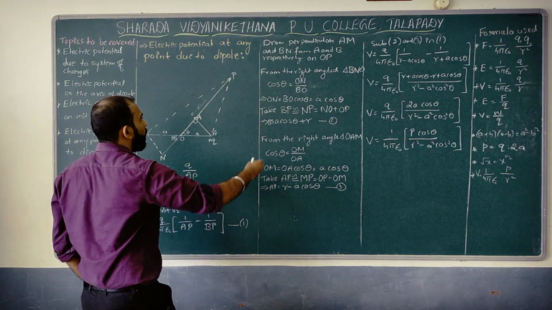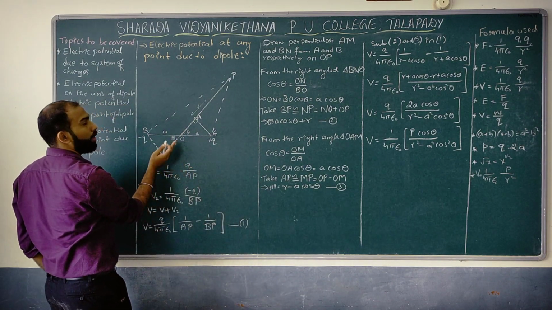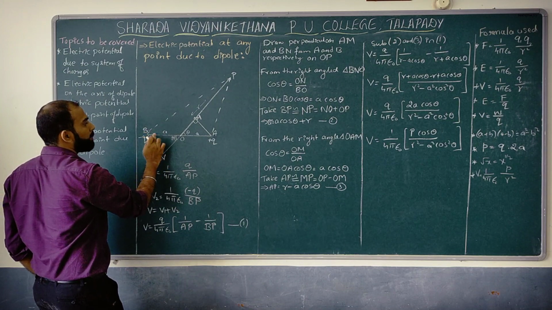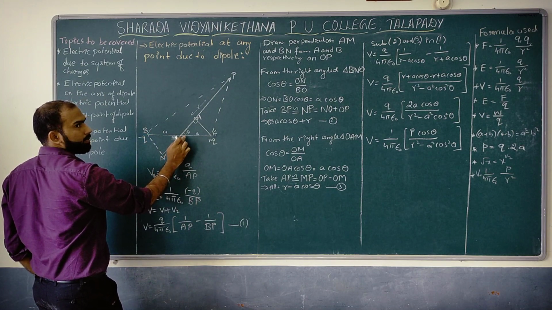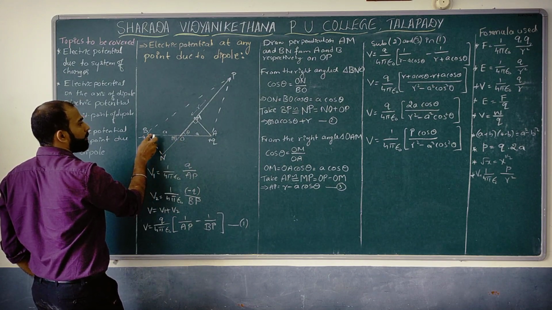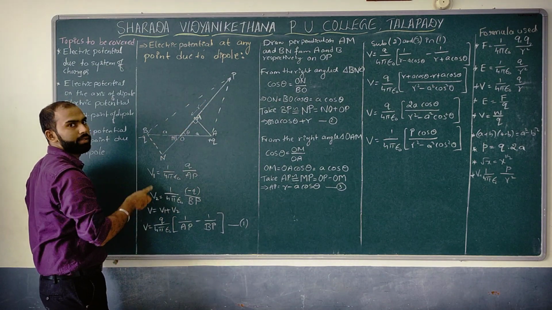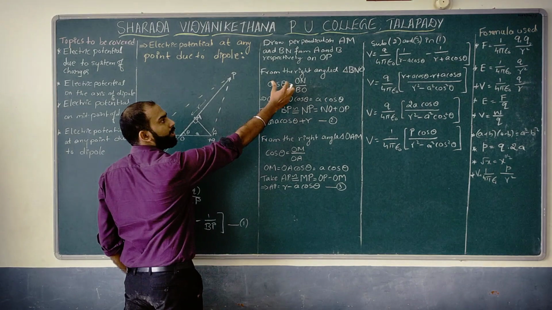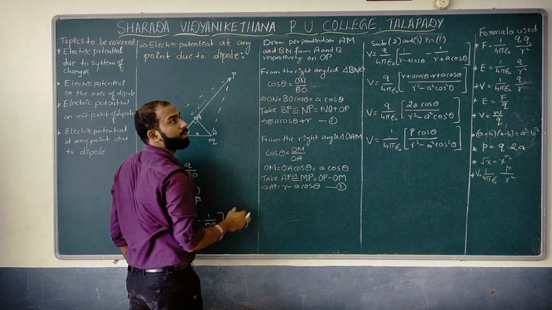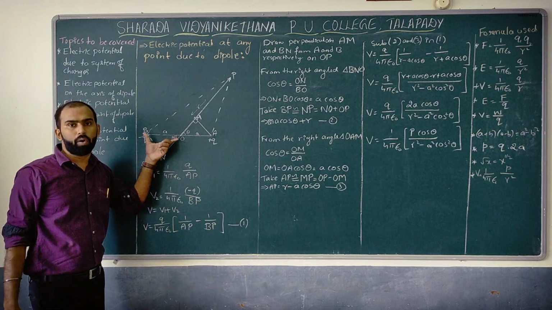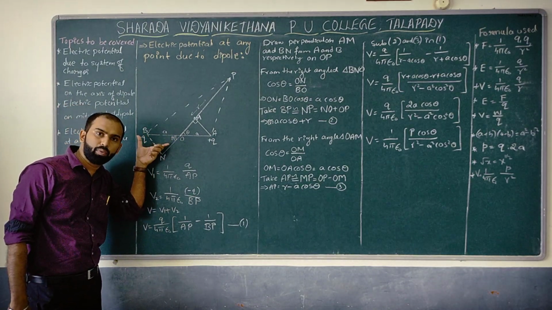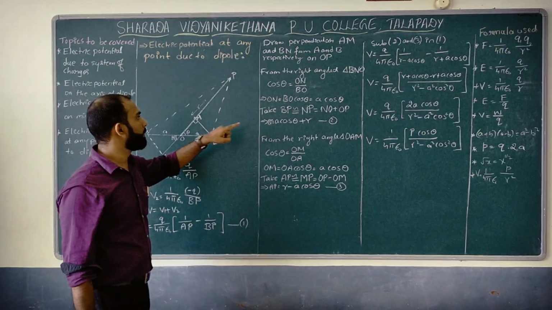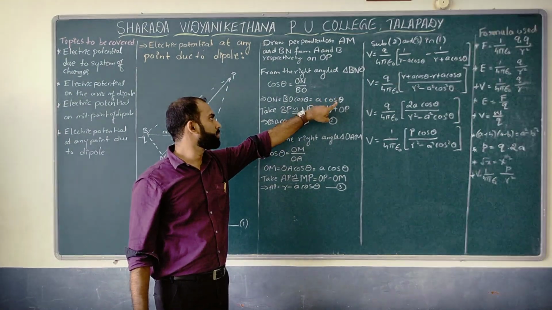So obviously ON, where is ON? Adjacent divided by hypotenuse. Which is the hypotenuse over here? This is the hypotenuse. Correct? Are you getting? So ON divided by BO is equal to cos theta. Now if I write with respect to ON, you shift this BO over here. Can I write ON equal to BO cos theta? Now your BO can be replaced by what? Don't you think it is half of the dipole? What is the value of half of the dipole? Which is nothing but a. So replace BO as a cos theta.